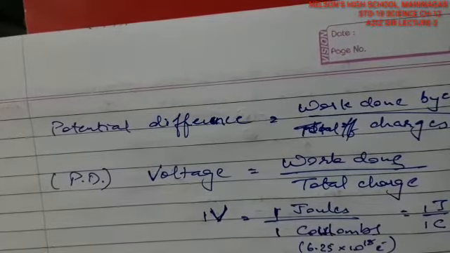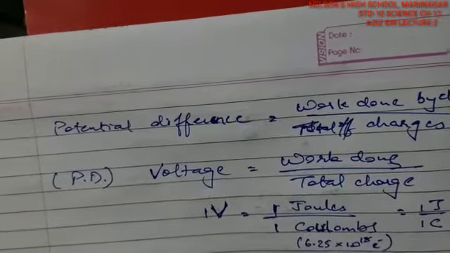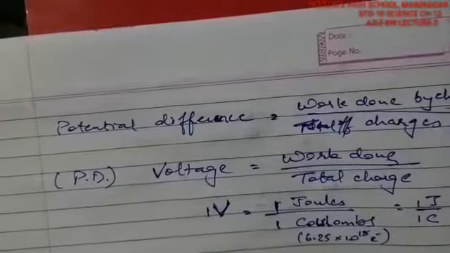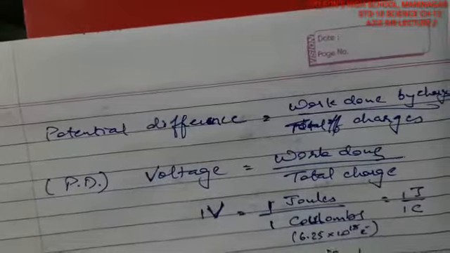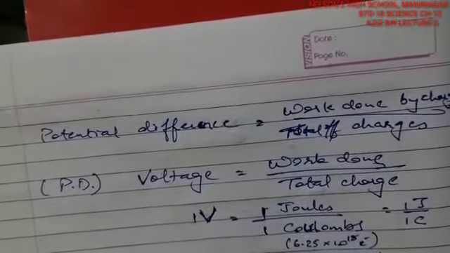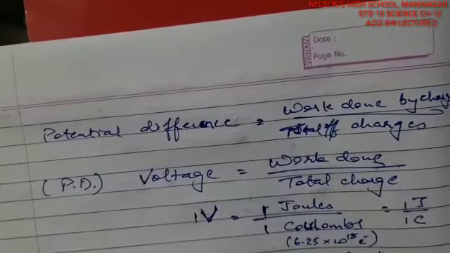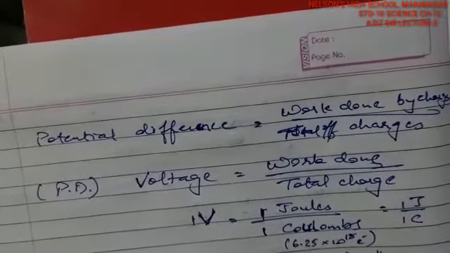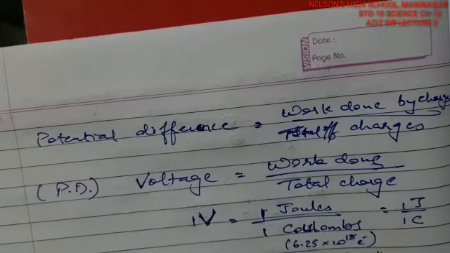V is equal to work done upon charge. This was given by Volta. So the unit is mentioned as volt only. So the SI unit of voltage is V, and the symbol is also counted as V only. Symbol is also V only. Fine. So voltage that we are keeping as V, and its units are joules per coulomb, as we have already talked about. Fine. That is joules per coulomb.